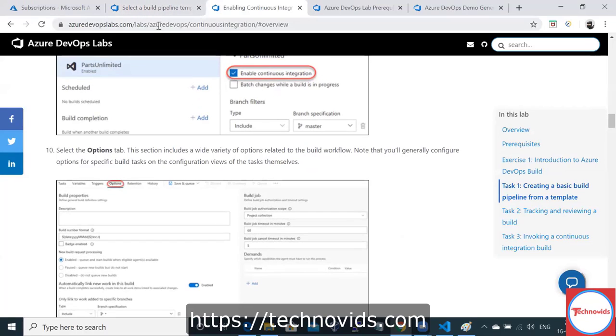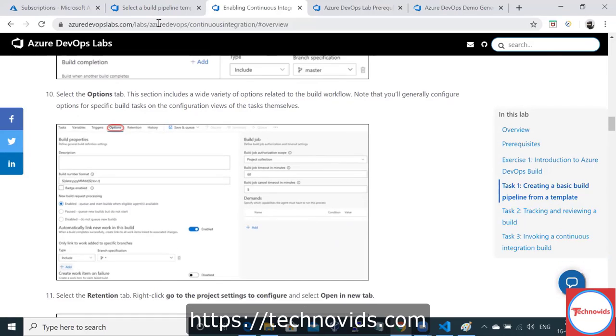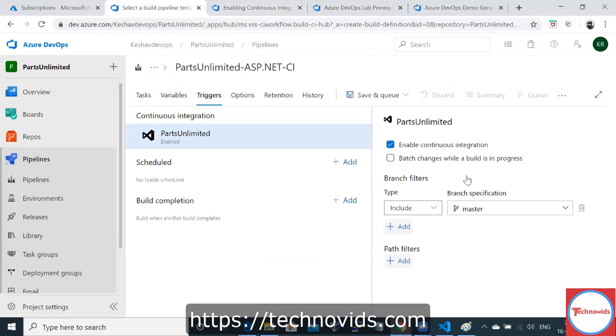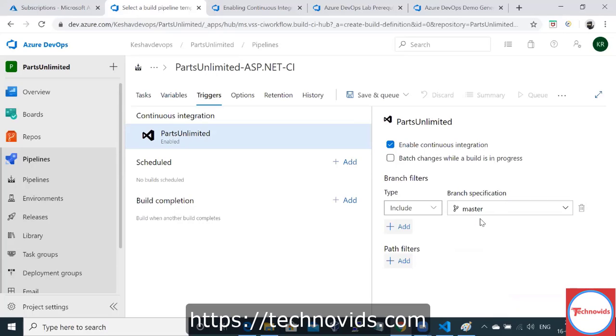Yeah, options tab. By checking this, you can also select other branches. There is no restriction. I have selected master because right now I am going to show you what happens if you commit anything in master.